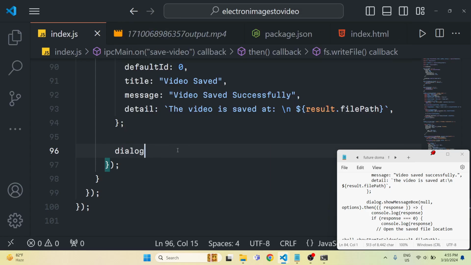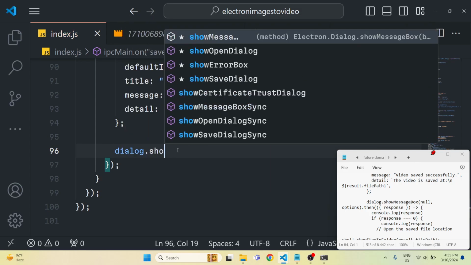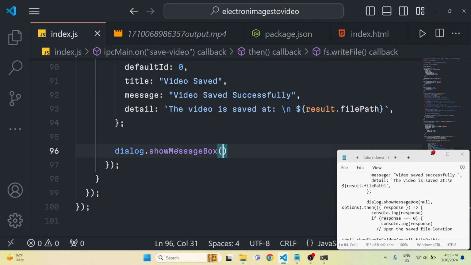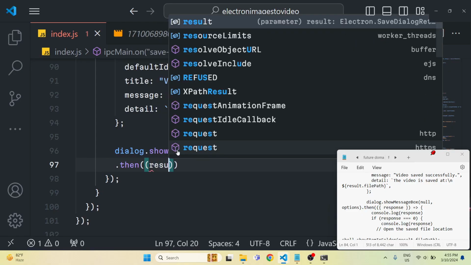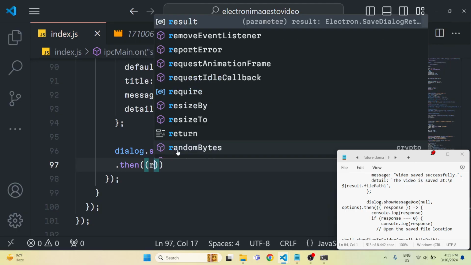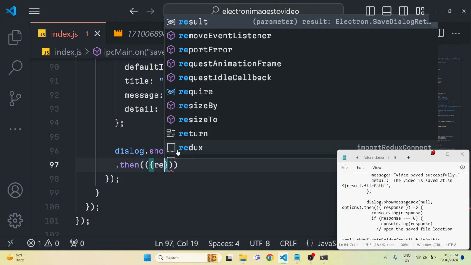We again use dialog dot show message box function. This time we will pass null as the first argument and options. It returns a promise. We will basically destructure the response,